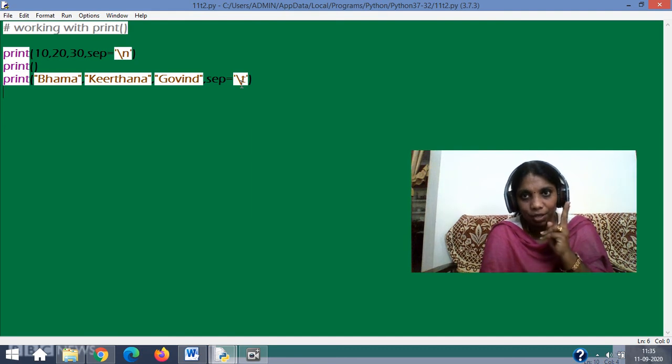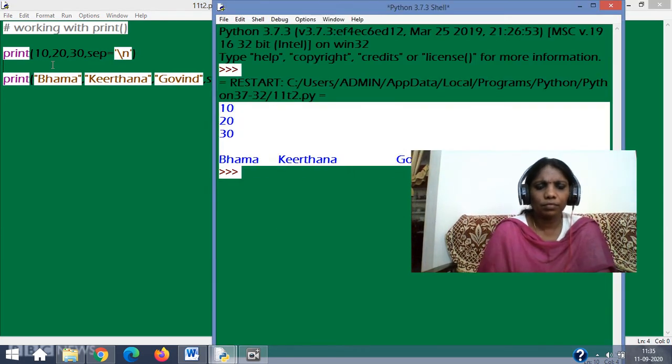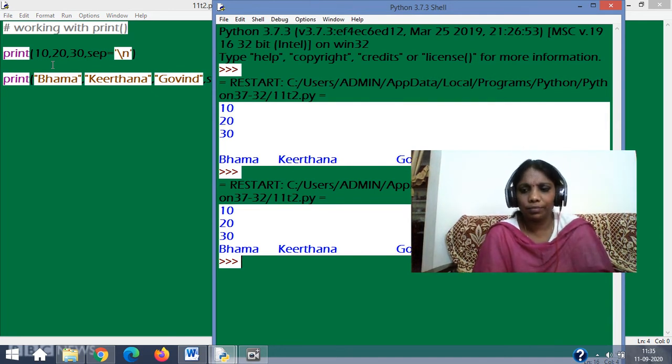So in print commands, we learned two new things. The value which is given in the print is called an argument. You can also put a separator, with two values you now learned, that is \n and \t. Now let's remove this and see, with or without that. The difference is clear. So I hope the things are clear to you.